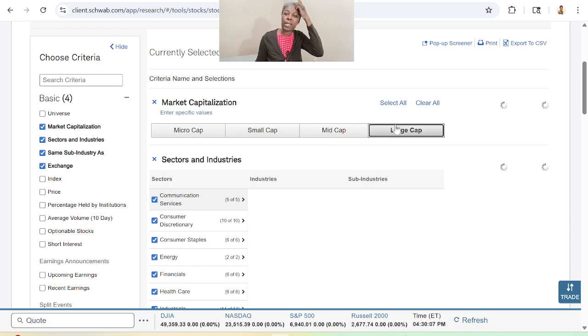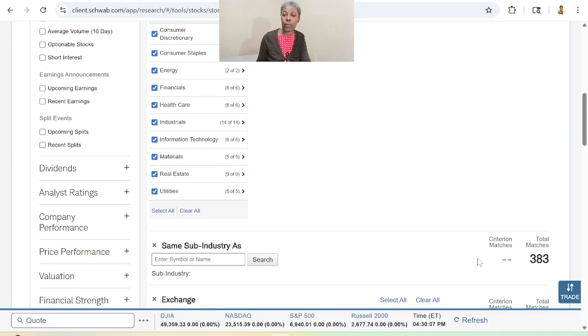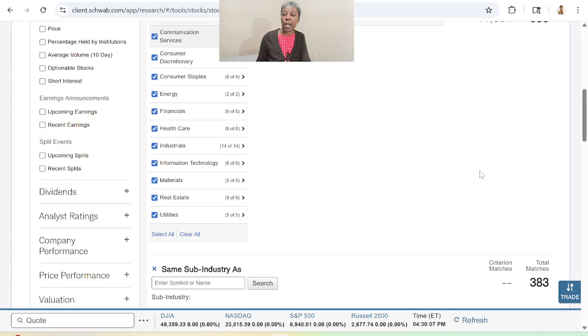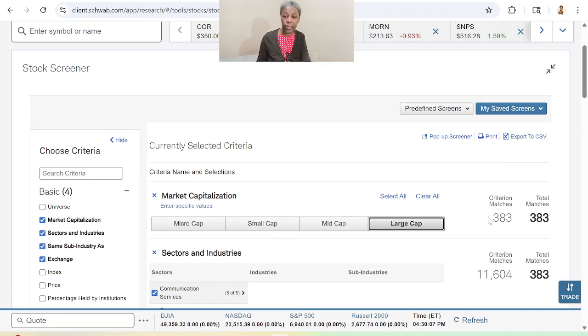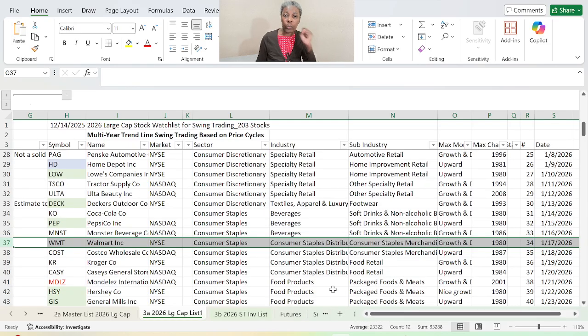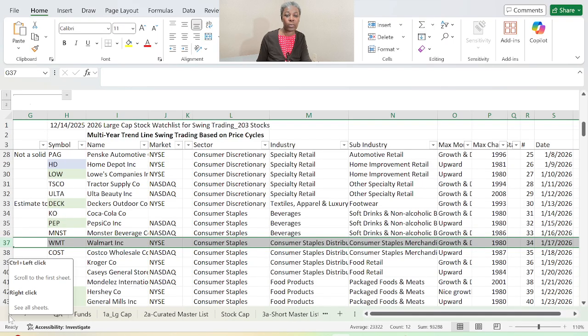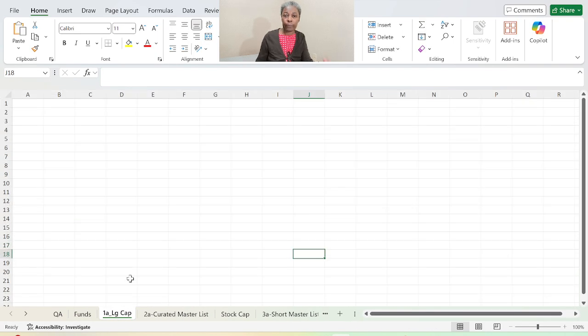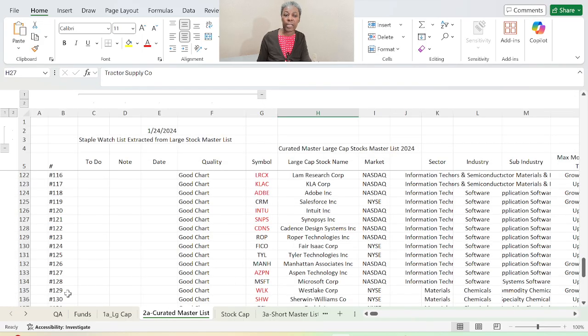In this instance, large cap stocks, and you can see that from the available stocks, I was able to narrow it down to 383, and then I can export it as a CSV. So that would be the preliminary work. Then from there I can eliminate LLCs out to just keep corporation stock,